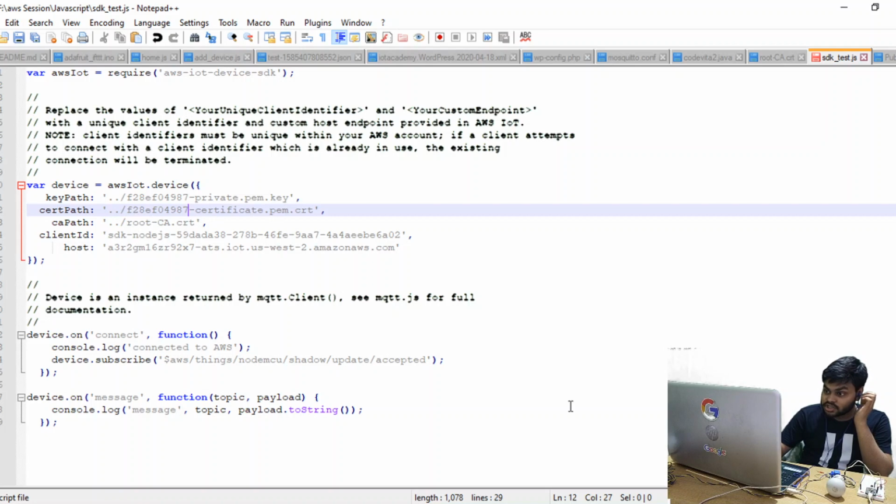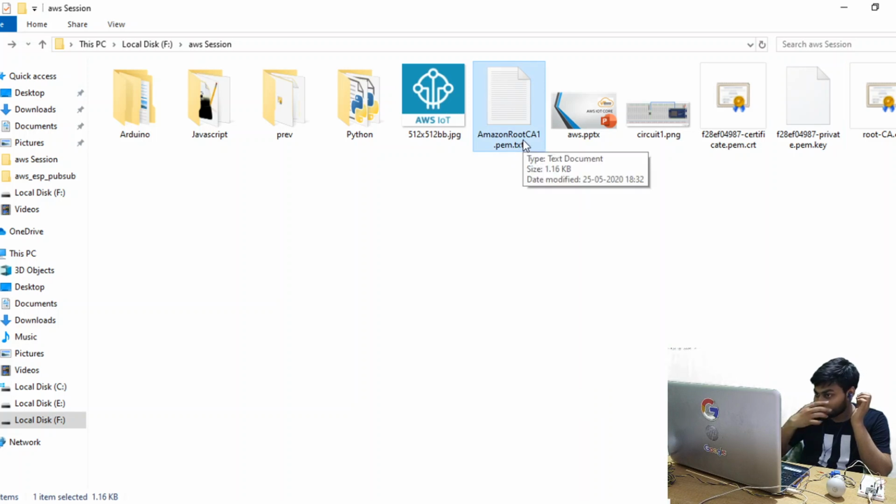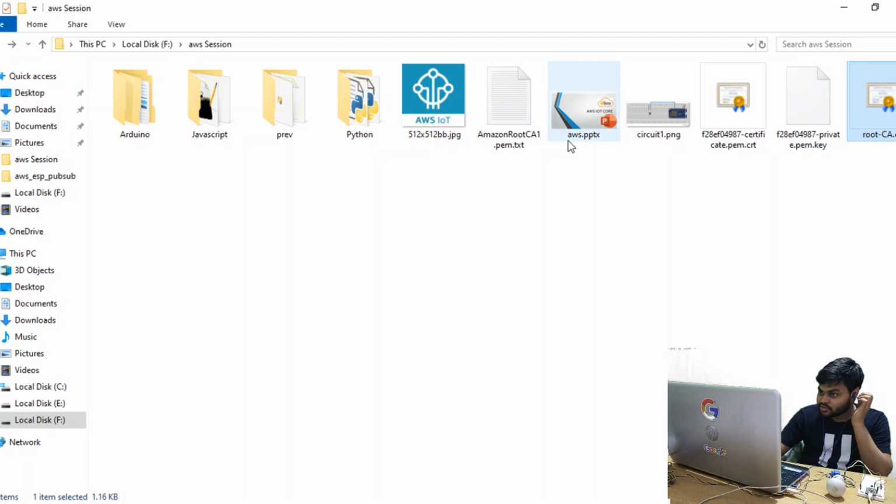And root.crt, root CA, this is the CA certificate of Amazon AWS, which is a text file here, which I have downloaded, 1.16 KB. So we can put the path of this one or this one. What I have done is this is the PEM file. I have converted it to a ca.crt file through OpenSSL software, which is basically helpful in creating certificates, giving authority, signing certificates, and similar things. So for Amazon root CA, you can give the path of this one as well. We will see if it works.